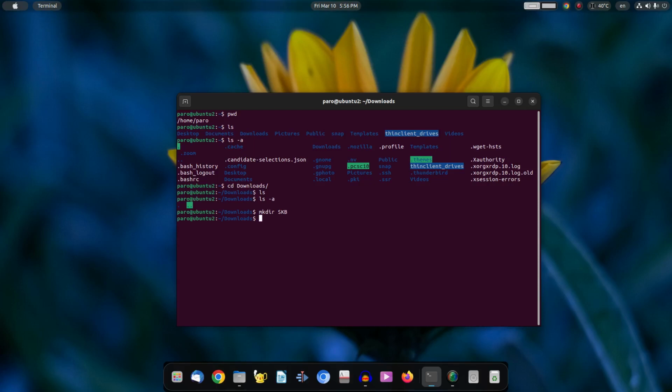So now I have made the skb folder. Now how to check if it has worked? I just need to click the ls again, and as you can see, now the skb folder is in the downloads. So now I'm going to be showing you how to enter the skb